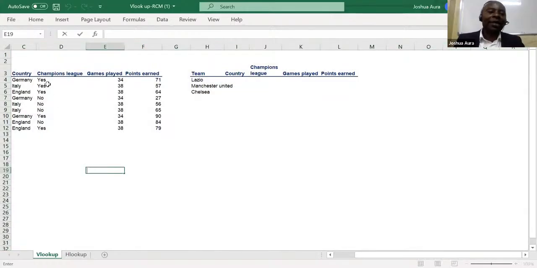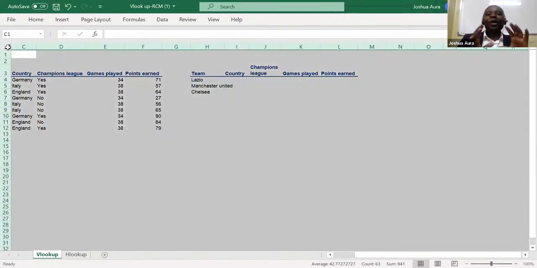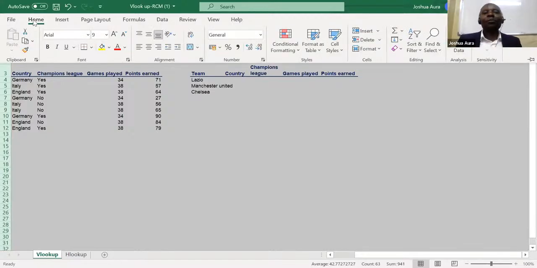I can come up here, between 1 and C, there is a funny arrow. Then I'll be able to place my cursor there. When I place my cursor there and click on it, I've been able to highlight the entire worksheet. So once I've highlighted the entire worksheet like that, I'll be able to go to Home,